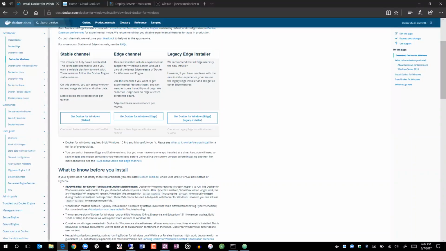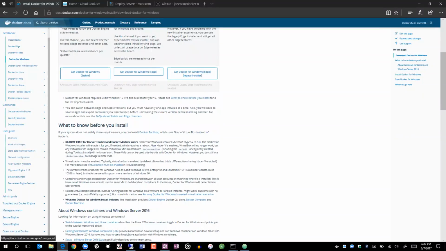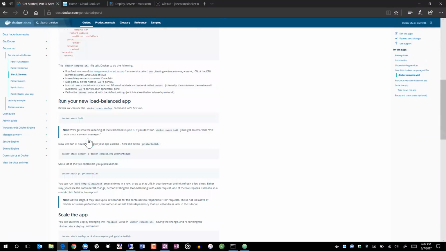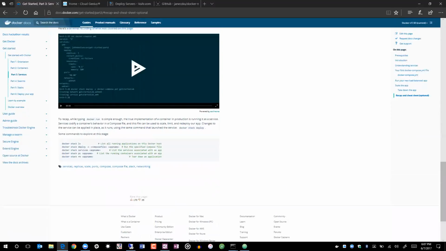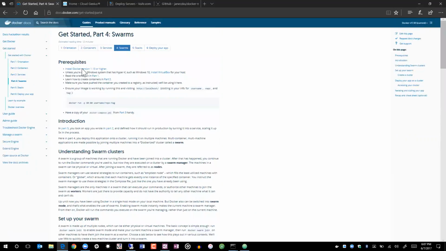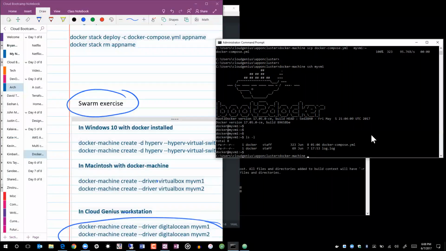That's, I think, the way to operate, but I want to make sure that I'm doing it right. Yes, it is right. So I have to say docker-machine ssh my VM1, followed by any command I